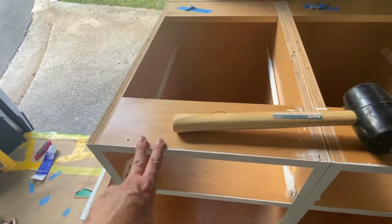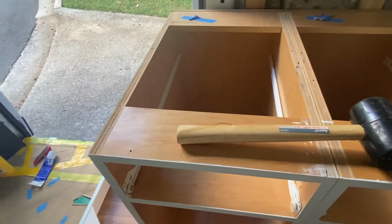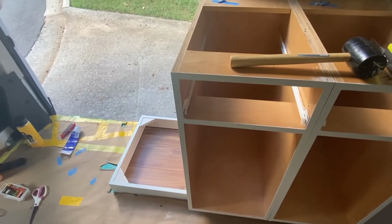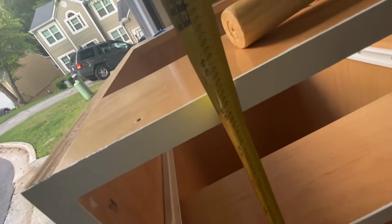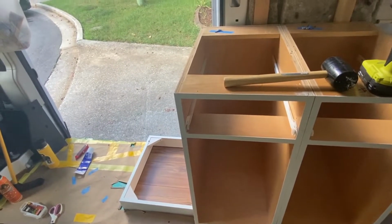They seem like they're really high. Maybe it's just because I'm short. Maybe it's because I'm in a van. I don't know, but I think they're standard height. I'm pretty sure. I'm going to check here real quick. Survey says 34.5 inches. And then with the countertop,